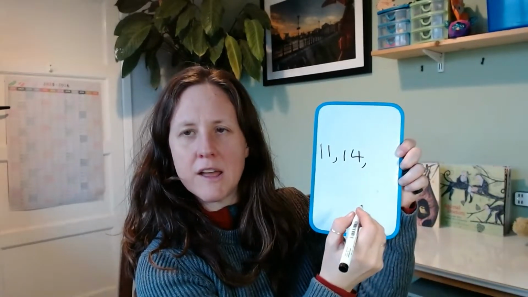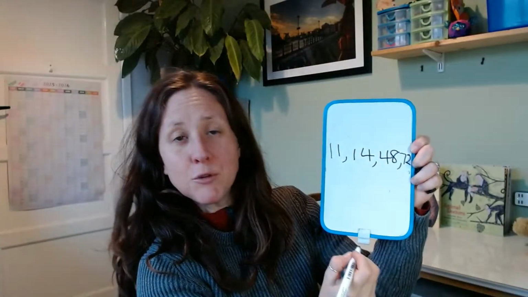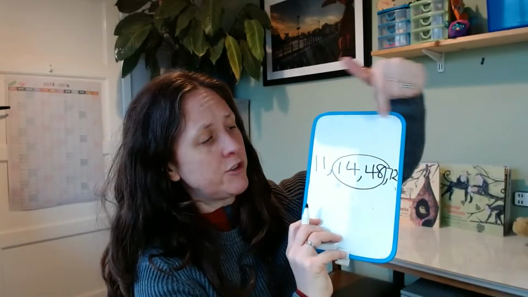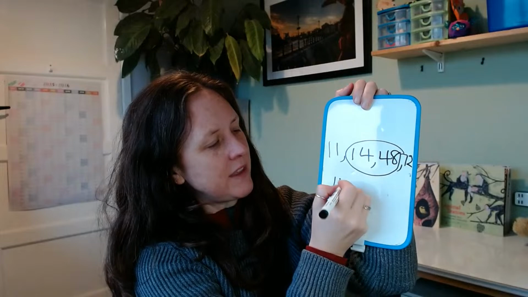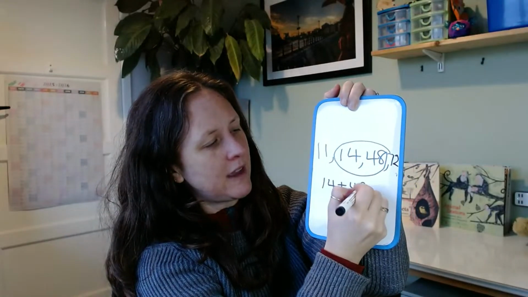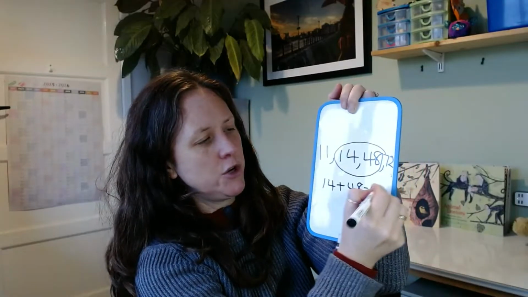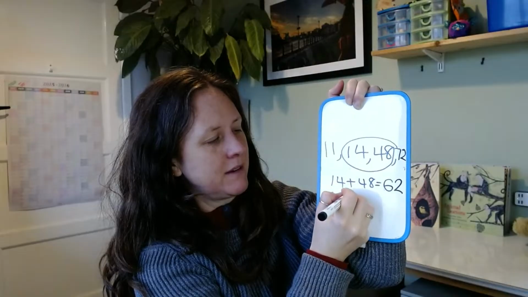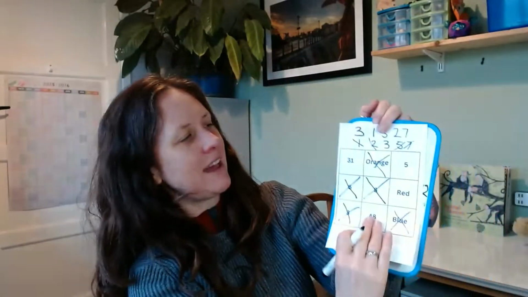So we go 11, 14, 48, and 72. The middle two numbers were the 14 and the 48. You could either just work out what the middle number is by visualizing it, or we could add those together, 14 plus 48, which gives us 62. And then we take the 62 and we halve it to get our median, or divide by 2, which gave us 31. And in this case, that also gave us